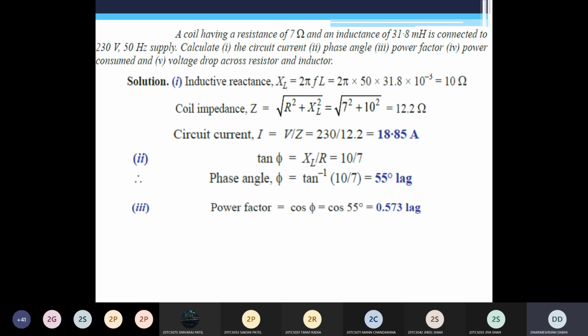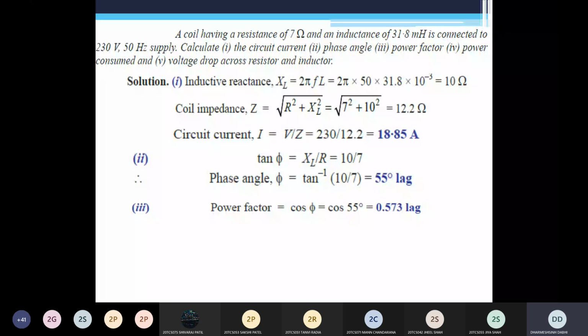Clear? That is the main difference between AC and DC circuit. In the DC circuit, you can get only resistance. So you simply write the equation of current I is equal to V by R. But in the AC circuit, where we have inductance as well as capacitor, based on the values, you can write the equation of impedance and then the equation of current also. Clear? Yes, sir. Okay.